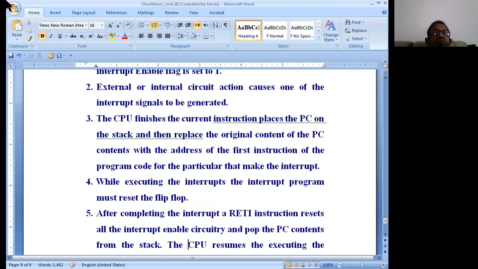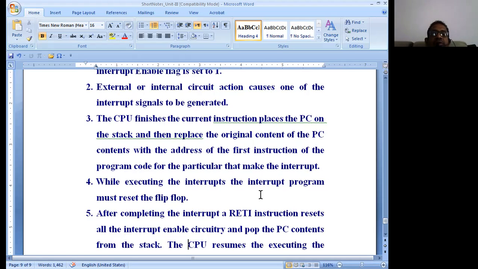That means the contents of the program counter in the main program are stored in the stack. Then the control goes into the interrupt service routine, and the PC contains the address of the instructions in the interrupt service routine.